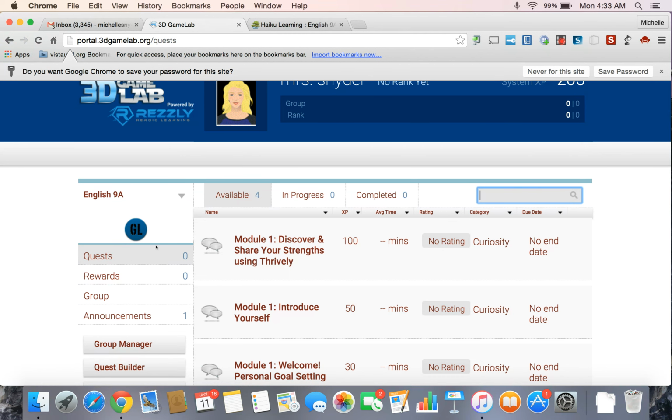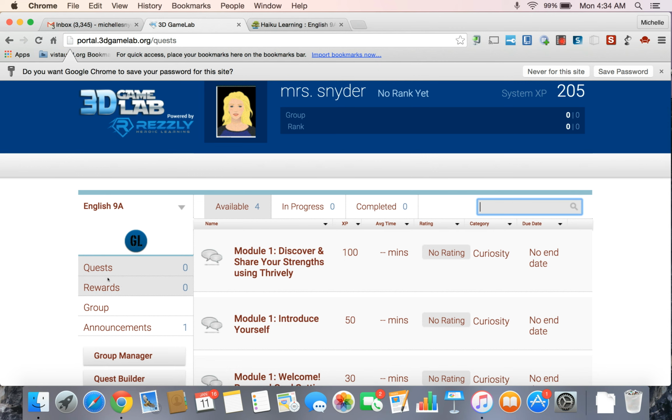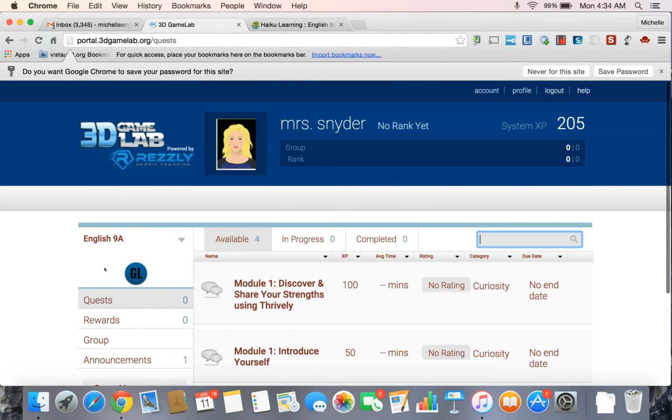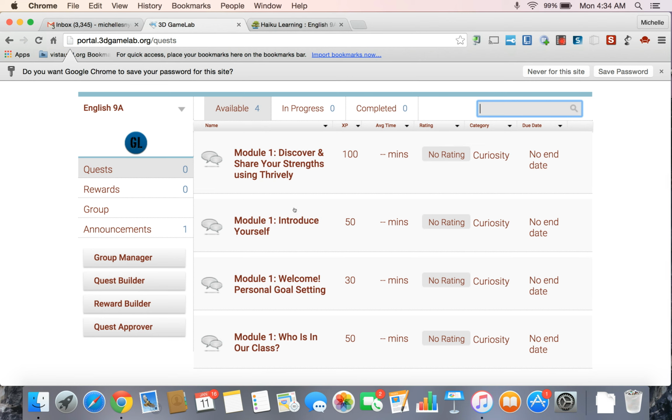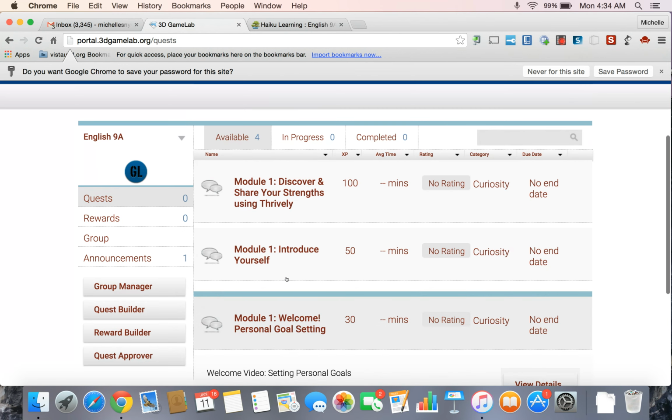Okay, so when you get into your English 9 class, you'll click on quests and you'll see what I've done is I've labeled all the quests that you need to do for each module by the module number. So for module 1, you're going to be completing these 4 quests. Okay, and what you'll see is, in fact, it doesn't allow me to move these, but when you click on the module,